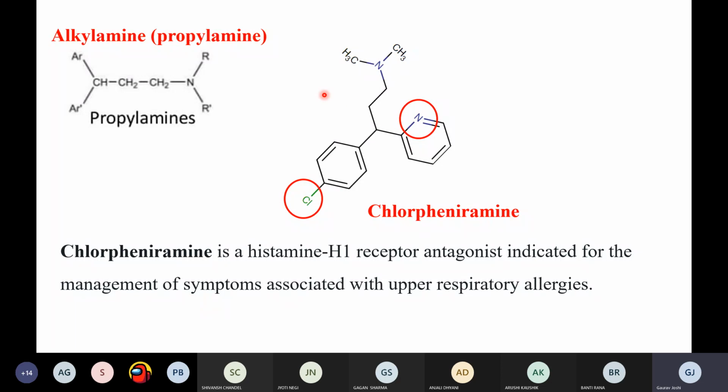What can be the possible substitution in the second aromatic ring, for example, at the C2 and the C4, right? What could be the fate of this nitrogen, whether it can be in the primary form, secondary form, tertiary form, or whether this can be cyclized, right? So this thing is important. These types of things you should remember.